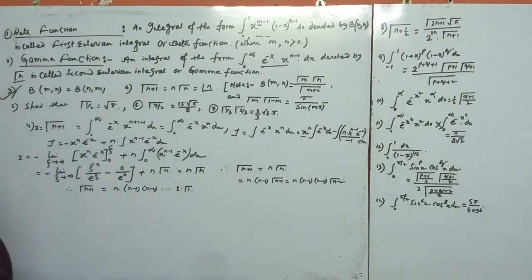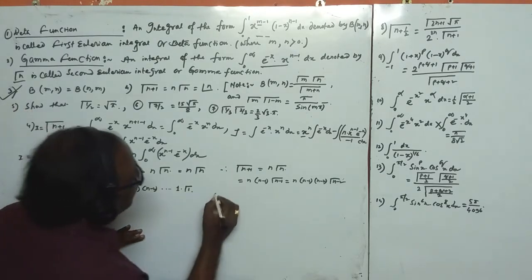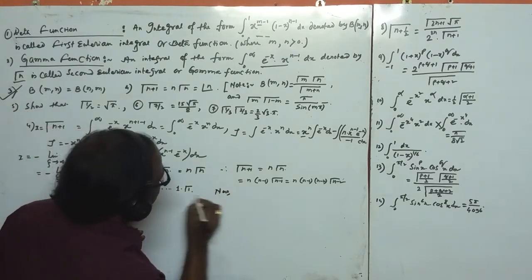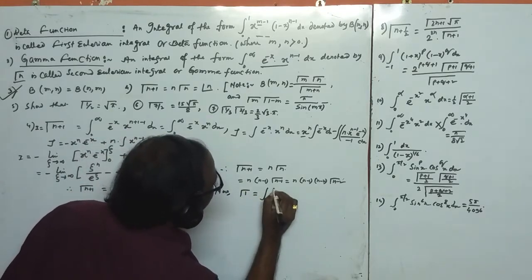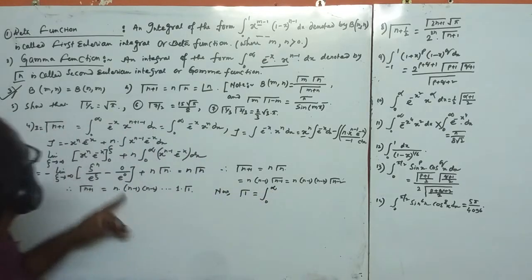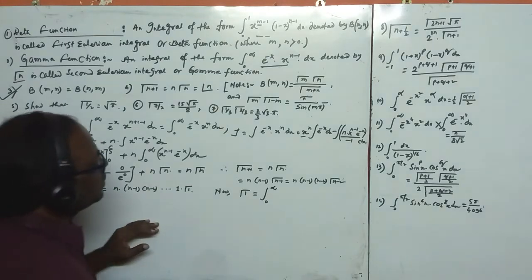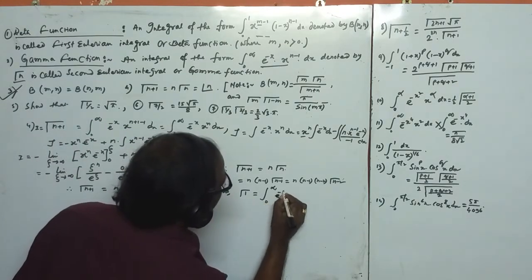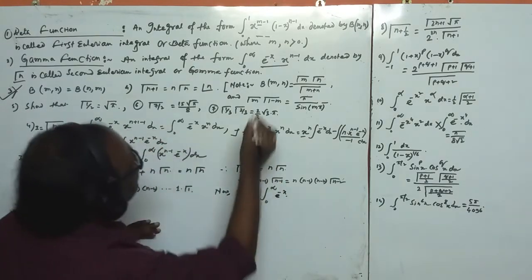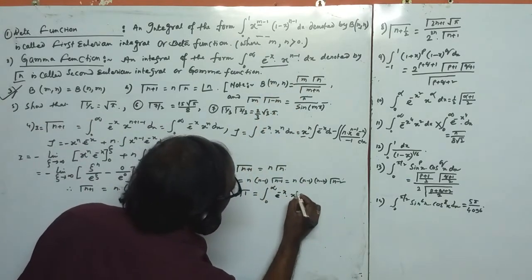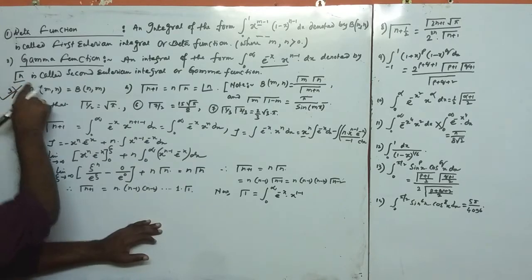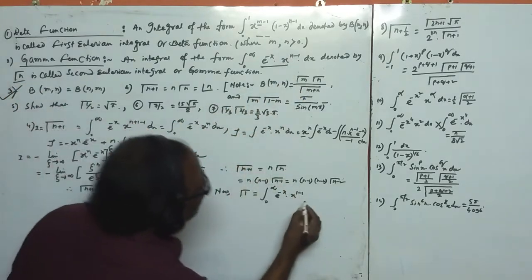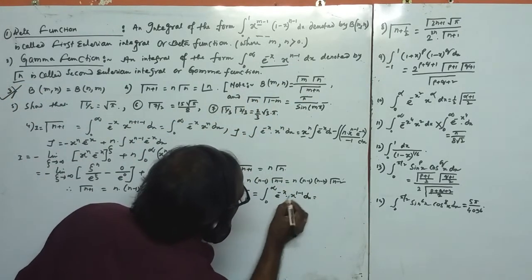And what is the value of gamma 1? Okay, now we have to find the value of gamma 1 here, that is the integral from 0 to infinity of e to the power minus x and x to the power 1 minus 1 dx. If n were there, it would be gamma n. If we put 1 here, that is 1 minus 1. So integrate these values.